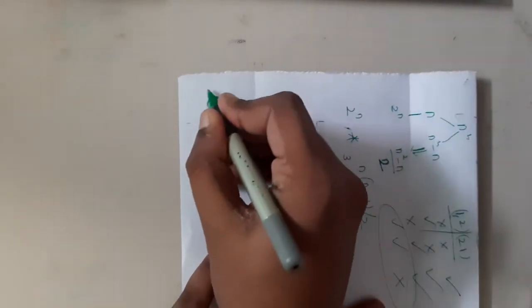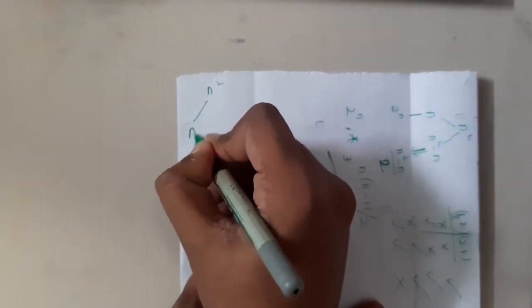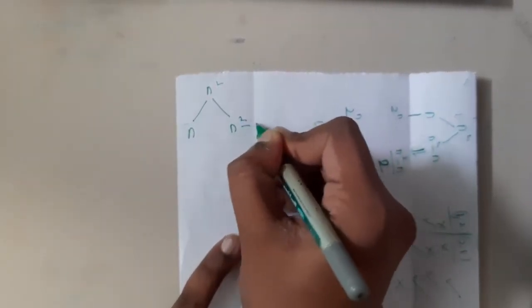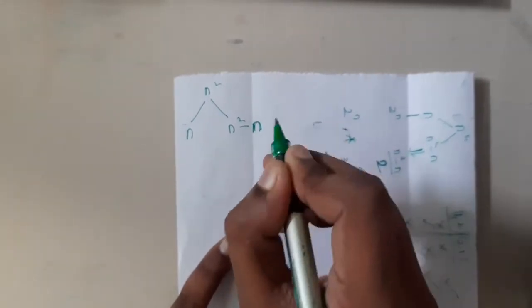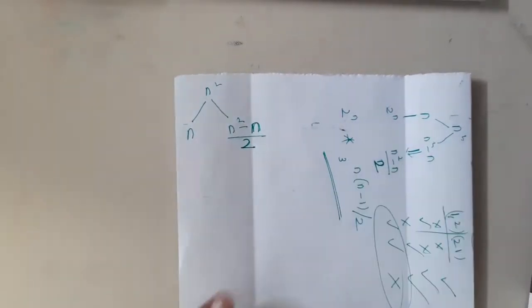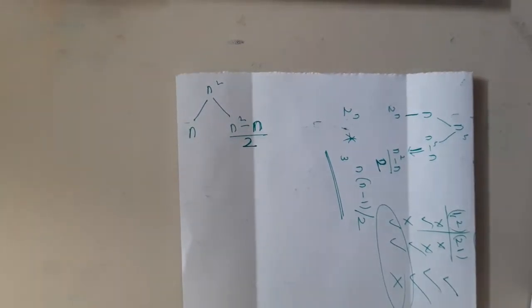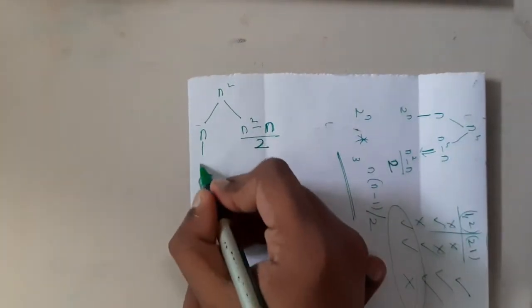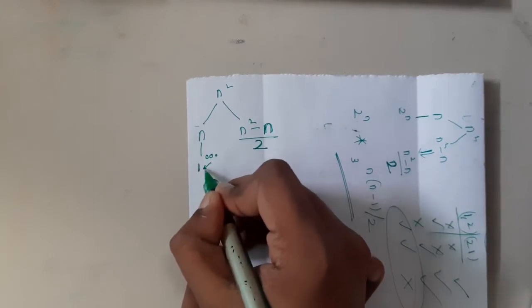Now let us go through the derivation which we did from the first lecture of these relations. Here we are having n square, among them we are having n diagonal, and here we are having n square minus n. Again this is a symmetrical type, so you can select only one, guys. So it is again halved. But if you recall, diagonal elements are not allowed, so everyone should be zeros. So indirectly there is only one option.